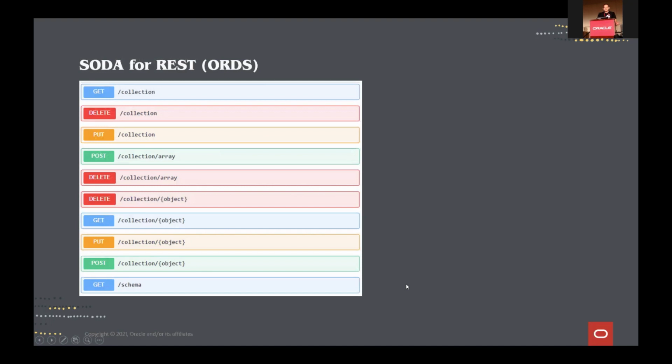Okay, so that's the command line interface. And to be honest, I don't use it all that much. I'm using more the web interface. And the only reason the web interface is possible is because there's a complete REST API interface built into SODA. So I can do a put on the SODA endpoint and create a collection. I can do a post on that endpoint